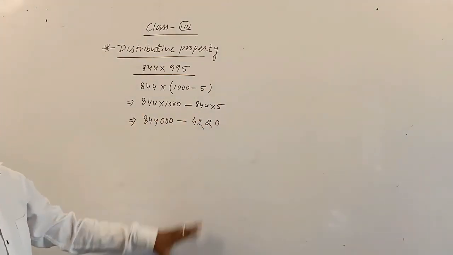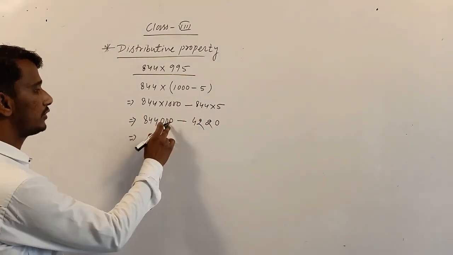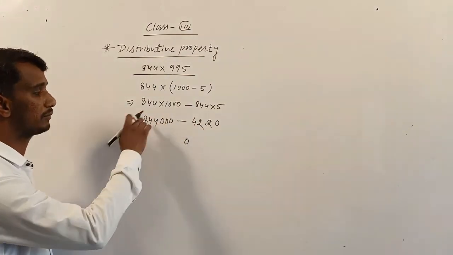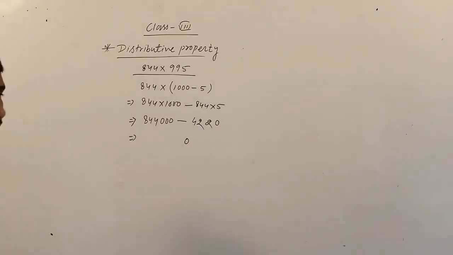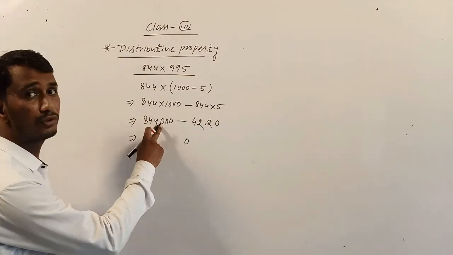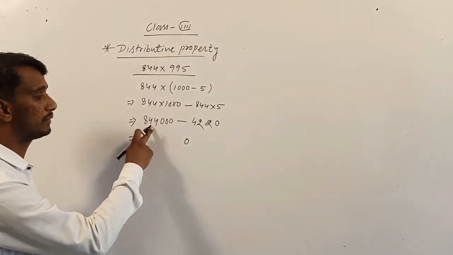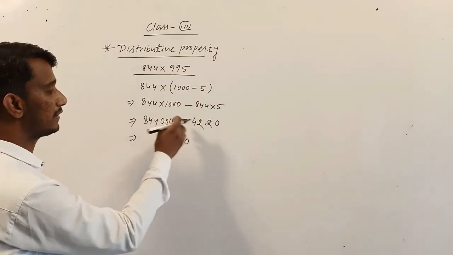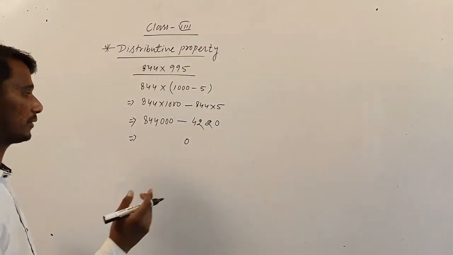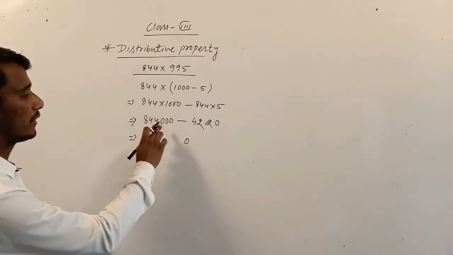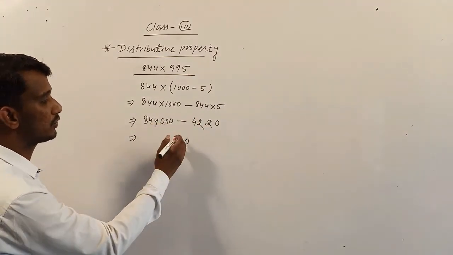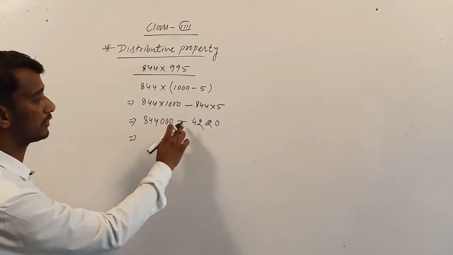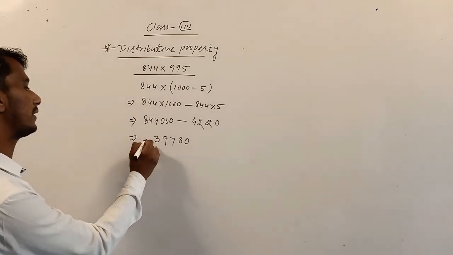Now subtract it and find out your solution. 0 minus 0, 0. 0 minus 2 is not possible. So 0 takes a borrow from the neighbor. Okay. So 0 takes borrow from 0 but it is not possible. So 0 takes borrow from 4. 4 gives the borrow. Okay. And 10. I think you know very well how to subtract the numbers, so I am not telling you deeply. So we will get here 10 minus 2, 8, 9 minus 2, 7, and 3 minus 4 not possible, so 13 minus 4, 9, and again 3 and 8.